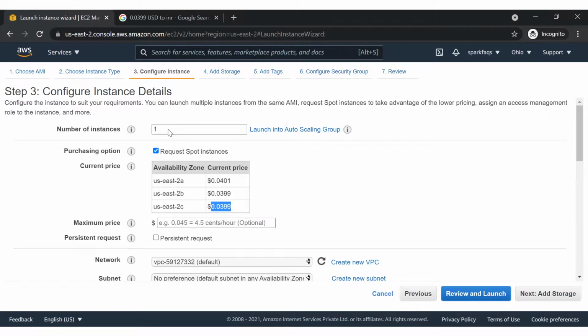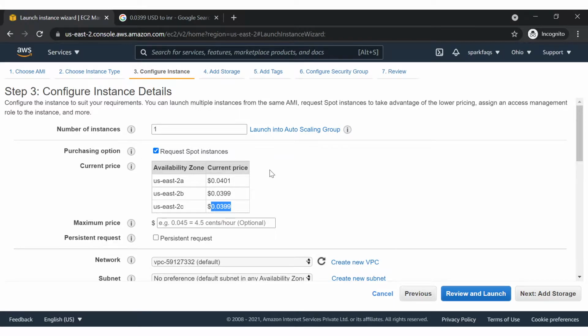Next, this is a very important step, because we are going to create this Apache Spark and Hadoop cluster at a low cost, because we just want to try a few things. We are not going to hold it permanently for a longer duration. We'll quickly create it, explore many things, and then scrap or terminate it.